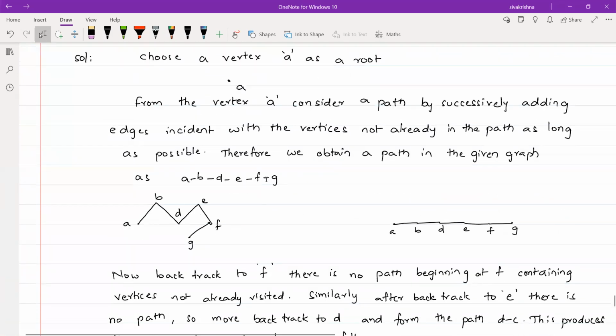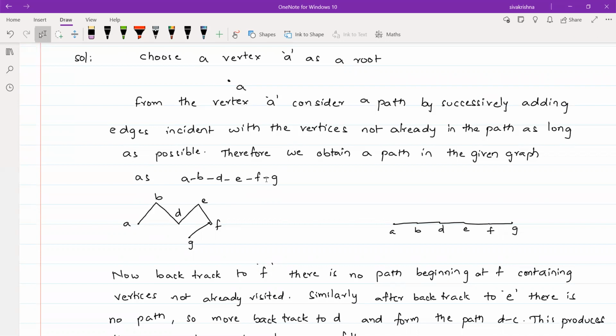I have represented that path in the diagram, and the diagram can be drawn in any way, in any shape. I have drawn two shapes for you. This is the first one, on the left side, and the right side is the second shape. If you observe that particular subgraph, it doesn't contain all the vertices of the given graph. Still we are having one more vertex, that is C, to be represented in that graph.